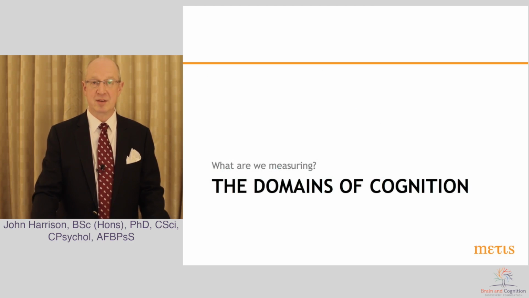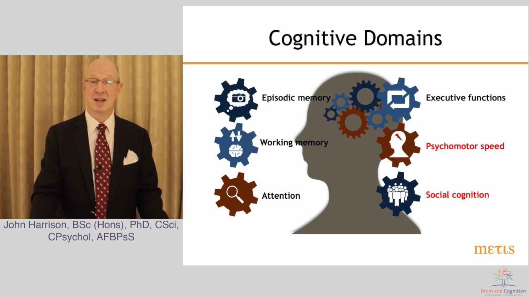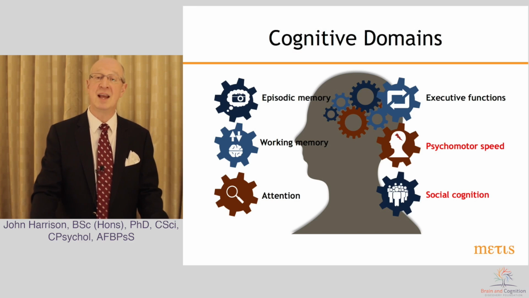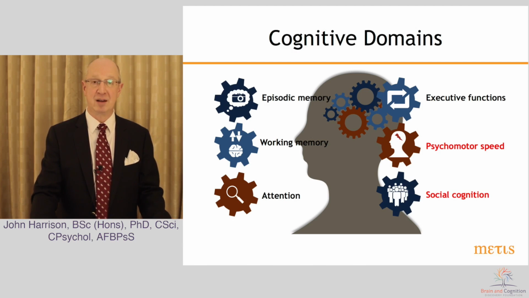So let's begin with some thought about what we're measuring, the domains of cognition. And we have this idea that cognition can be helpfully divided into some subcategories. So cognition is essentially the ability of people to think. And under that heading, we would consider things like episodic memory, so people's ability to remember events from their life. And we talk about working memory. So this is the space in your cognition where you solve problems. If I ask you to take 7 from 100 and keep going, working memory is the part of cognition where